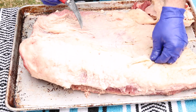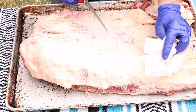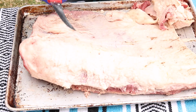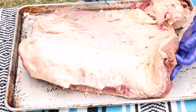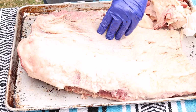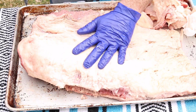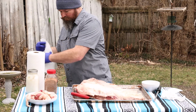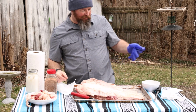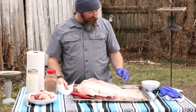If you're having a hard time gripping the fat, you can always grab a piece of paper towel and it won't slip on you. There you go. That looks pretty good. I think I'm going to let that roll. Now that I've been touching everything, I'm going to keep one hand clean. And I'm going to use